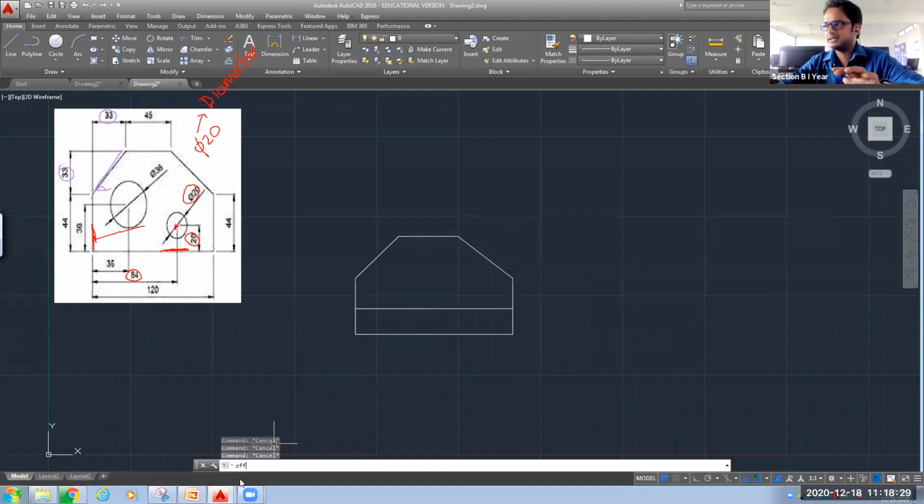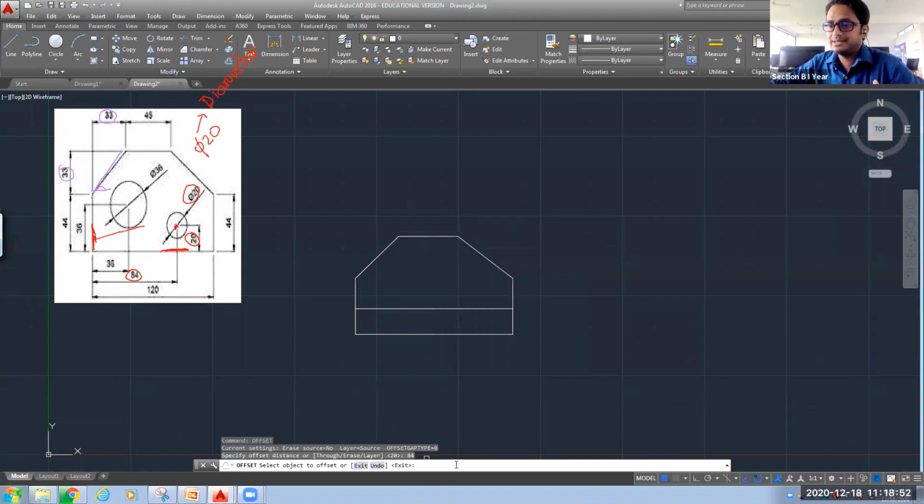Go for the offset command once again, OFFSET, press enter. Now the offset distance, by default, you can see in the bracket it is written 20, the previous value. Now we will change it to 84.